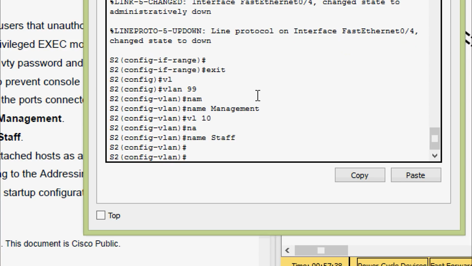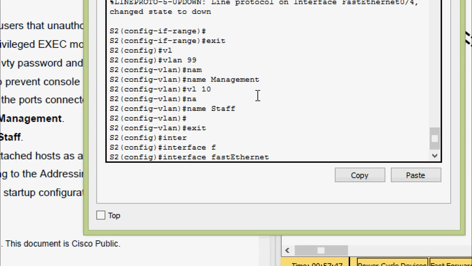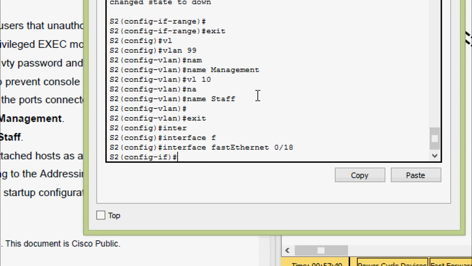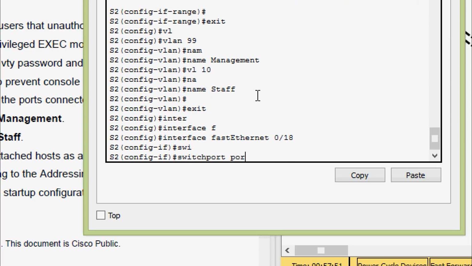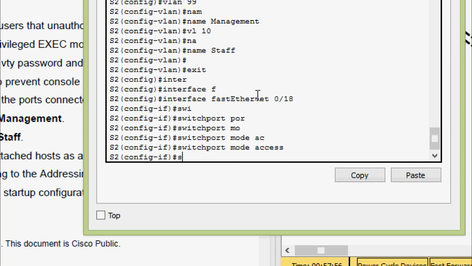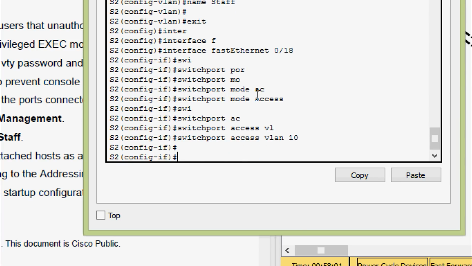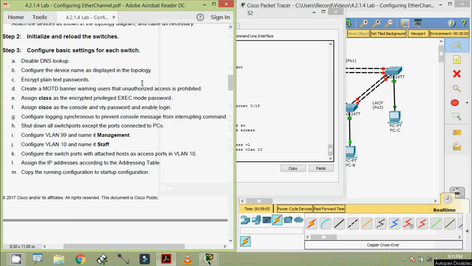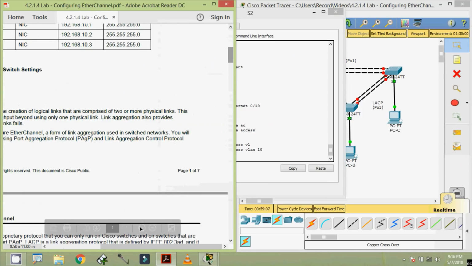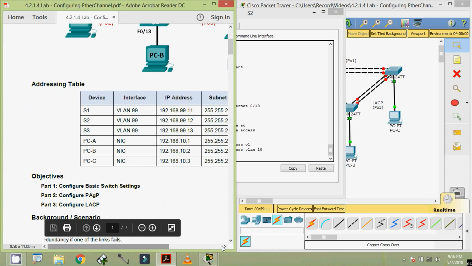Also we are going to configure the switch ports with the attached host as access ports in VLAN 10. So we have to go to that interface FastEthernet 0/18. Here we are going to give switchport mode as access, switchport access VLAN 10. Now we will assign the IP address as per our addressing table. Here we can see that